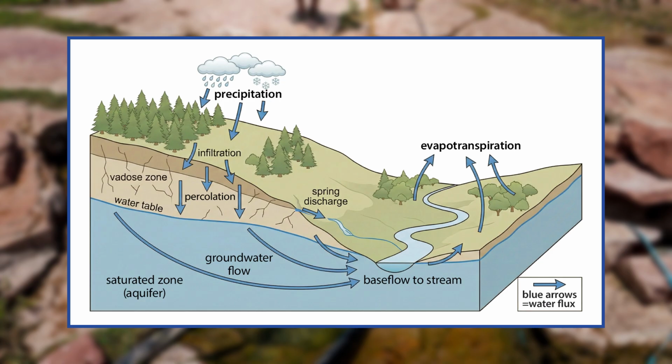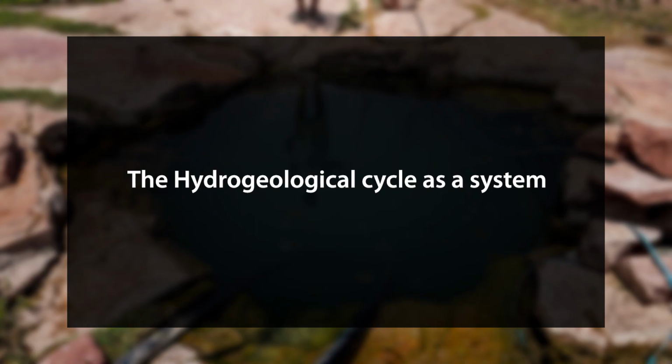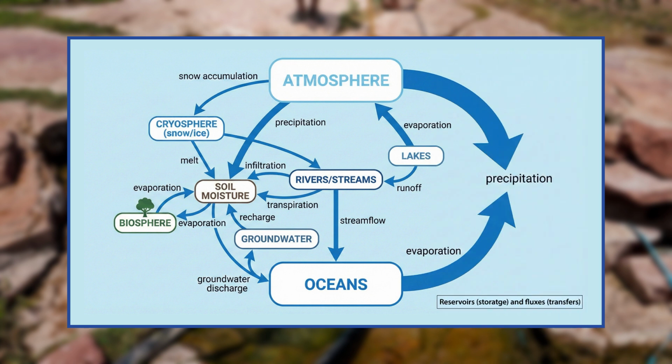The cycle can be understood through these key components and processes. Let us first discuss the hydrogeological cycle as a system. The hydrologic cycle is a dynamic system composed of reservoirs, places where water resides, and fluxes, processes that move water between the reservoirs. Reservoirs include oceans, atmosphere, rivers, lakes, soil moisture, groundwater, ice caps, also called cryosphere, and living organisms